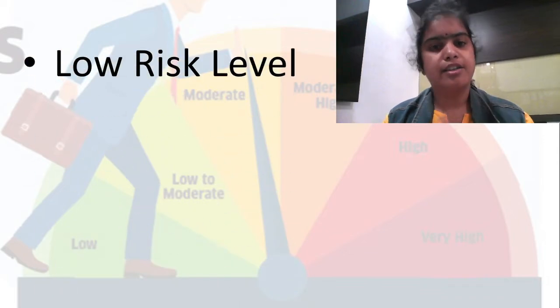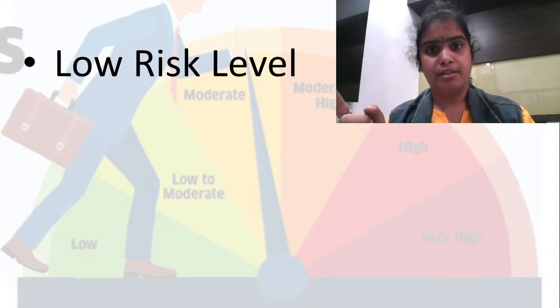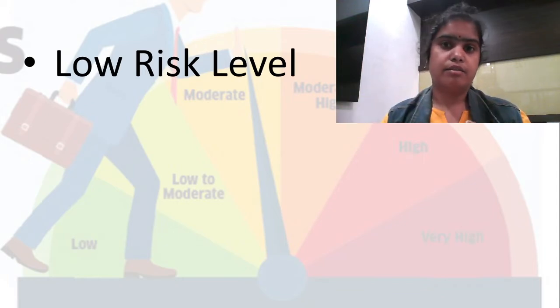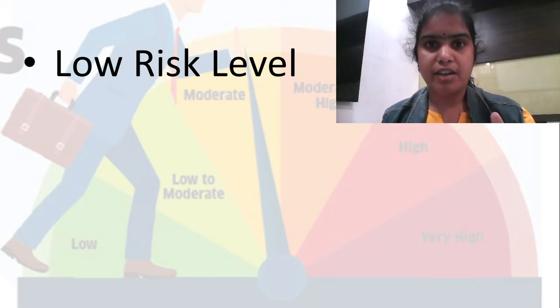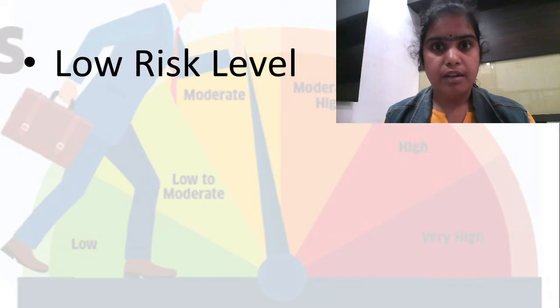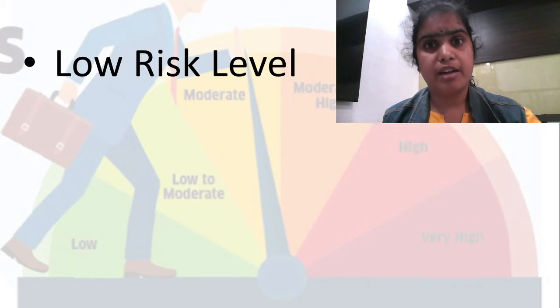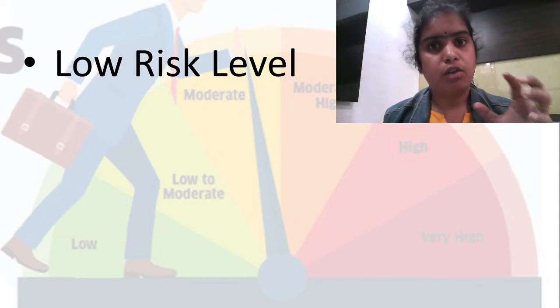When we say it is a low risk level, we should remember one thumb rule, that high return comes with high risk. So when there is a probability of getting very high return, that means risk is also involved. When we say low risk level, it can be a liquid fund, debt fund or gilt fund, which has very low risk, but yes, interest rate risk will be there with fluctuations in interest rate. But with a low risk level, the returns will also be low.